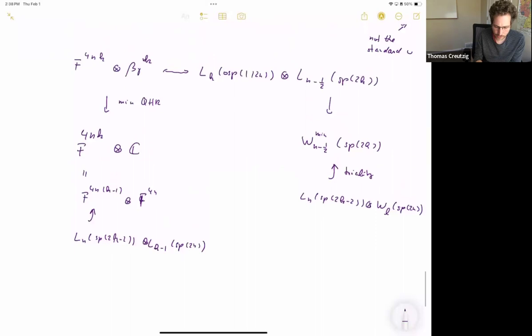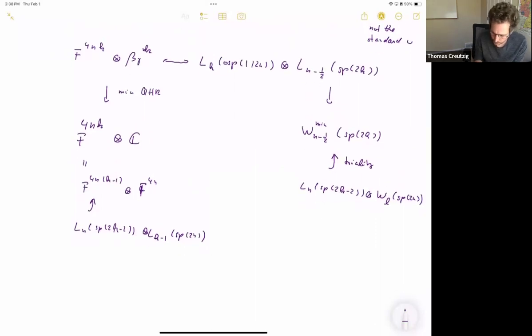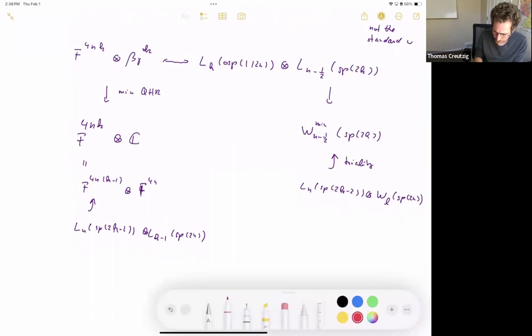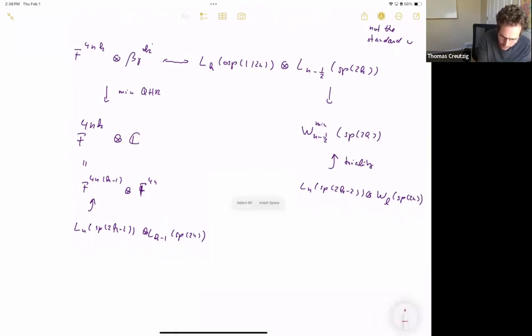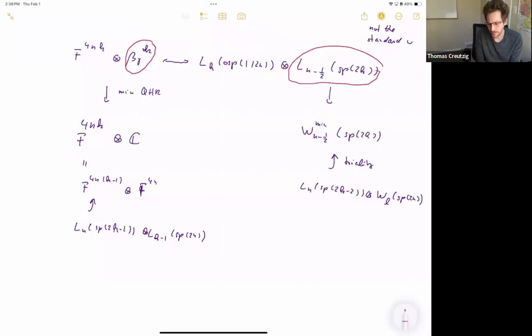Now, there are quite a few things I glossed over a little bit. Here I did the quantum Hamiltonian reduction on these k beta gammas. They carry an action of SP2k at level minus 1/2. And here I did the quantum Hamiltonian reduction on a completely different SP2k, but that these two quantum Hamiltonian reductions are the same is quite a deep theorem called the Urot theorem, which would be a whole talk on its own.